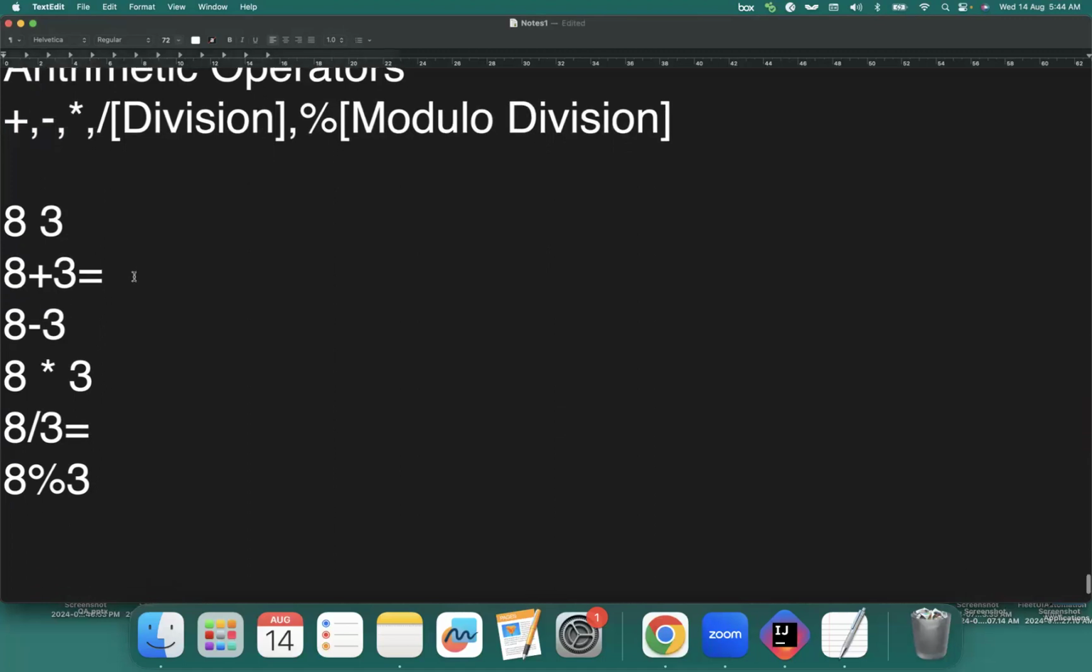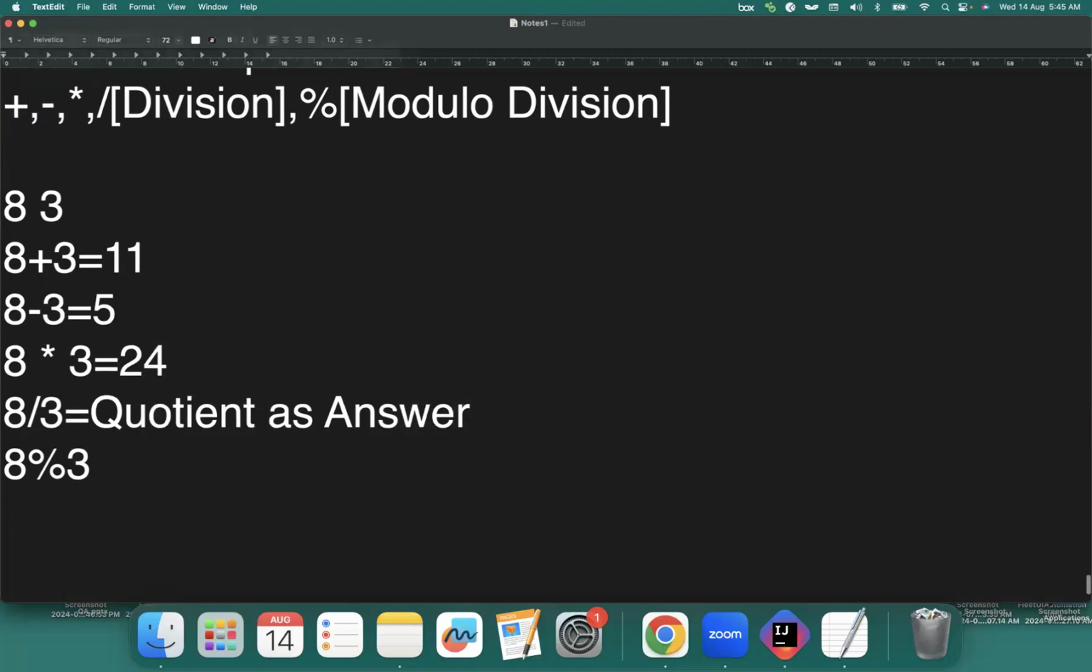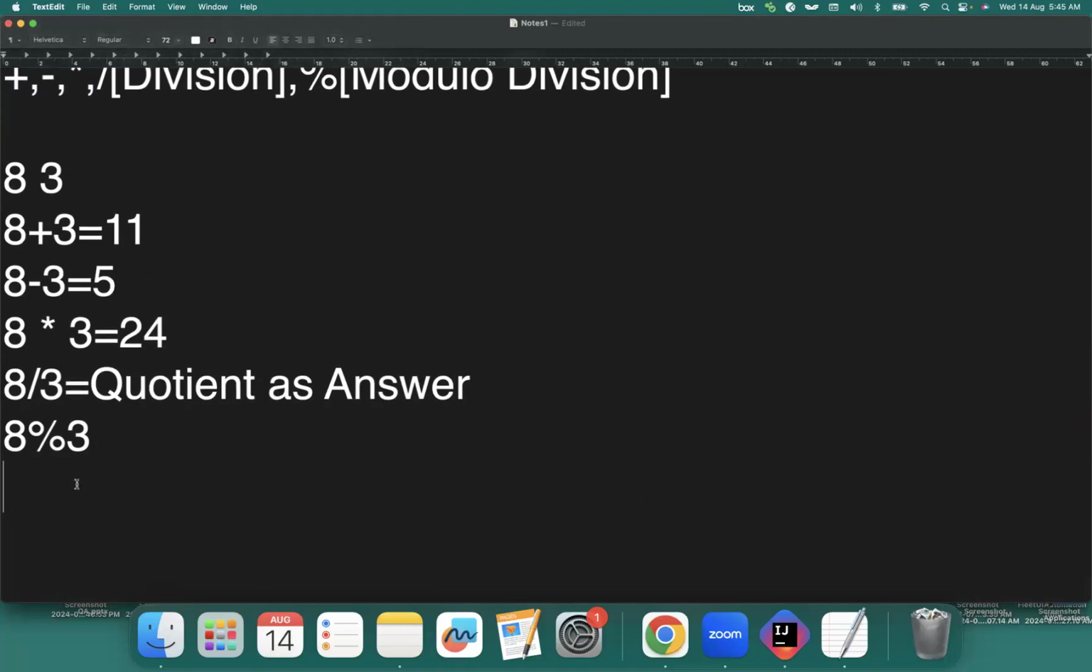So now once we apply, so it will come 11. So 8 minus 3, 5. 8 into 3, so 24. It calculates tables. So now 8 by 3, division. Division it will give a quotient as answer. Quotient as an answer. So what does it mean by quotient is nothing but,